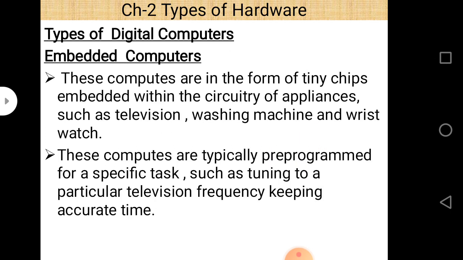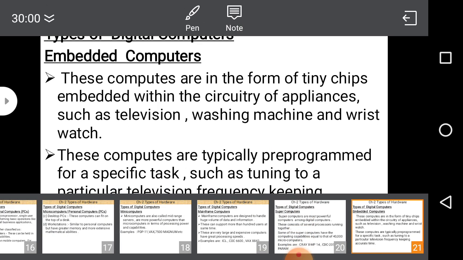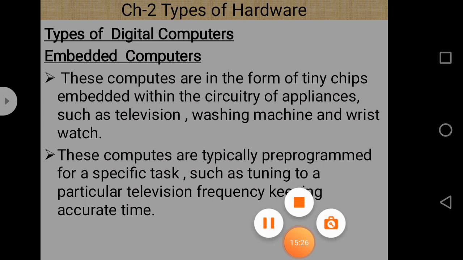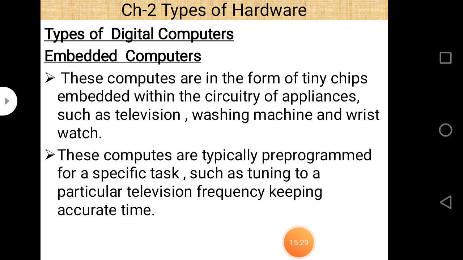Now, our today's topic starts here: embedded computers, which were not discussed in our previous examples or previous classes. Embedded computers. What are embedded computers? First of all, as the name suggests, embedded, that is, it is a part of a system, so that's why they are called embedded computers. And as far as its definition is concerned,